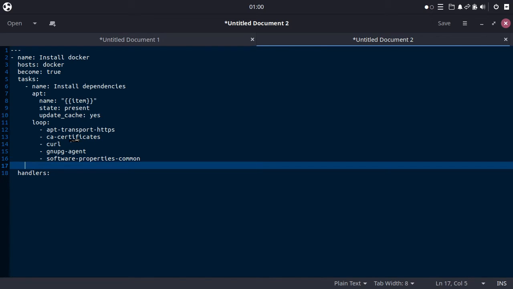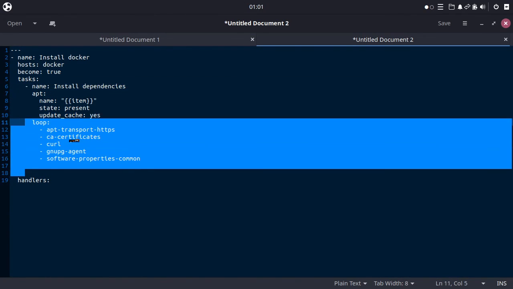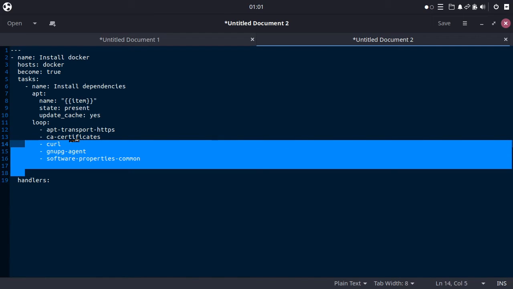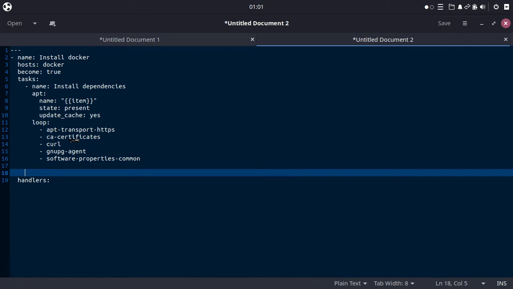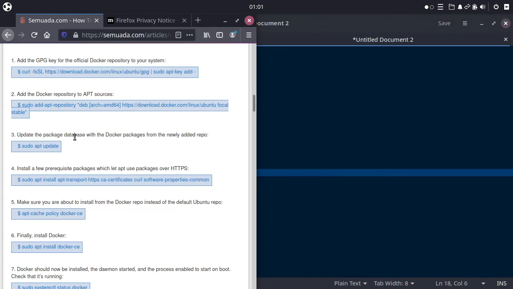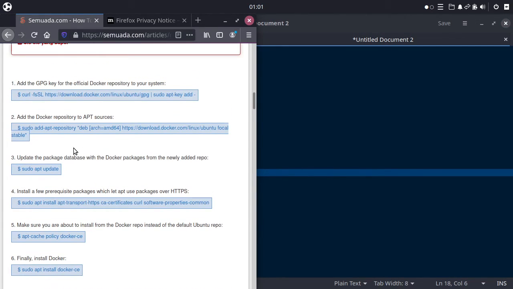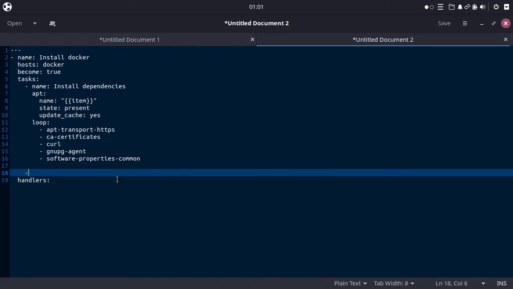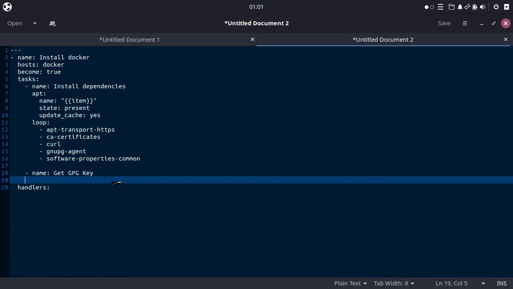And then we move on. We also need to get a GPG key. So if you go back to the website, you need to get the GPG key here too. Okay, so name: get GPG key. Now the application that will run this one is different.